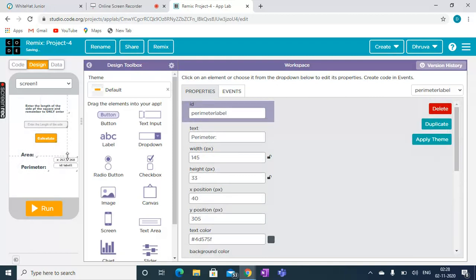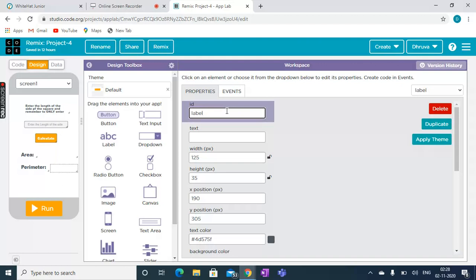Now this is the answer label 1. I will keep it as answer label 1, meaning the answer label of the area. We will make it a bit bigger, because the area is bigger than the perimeter's answer label.